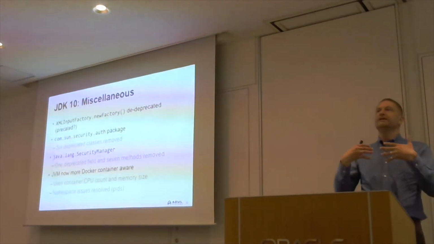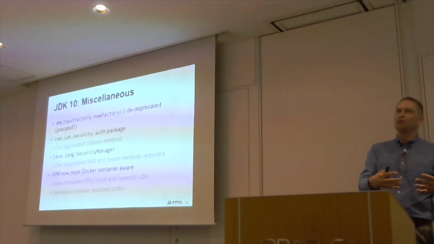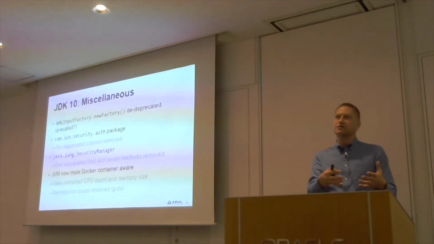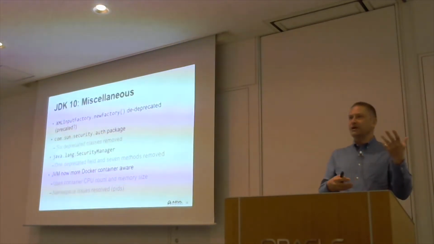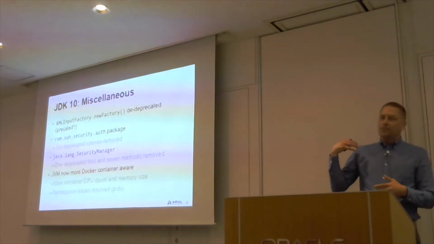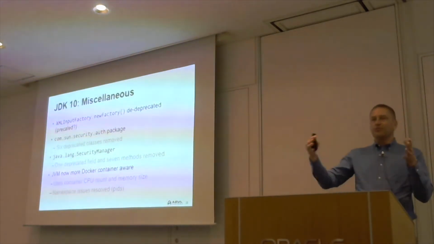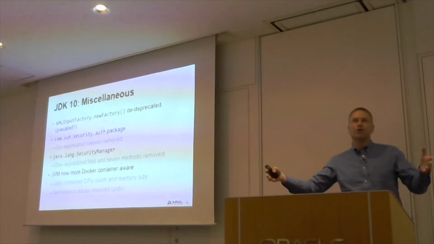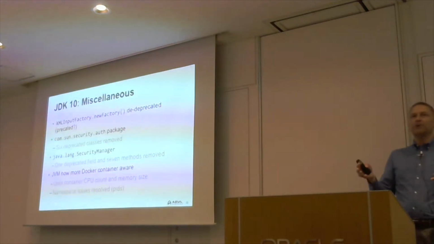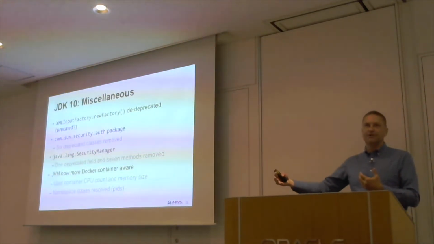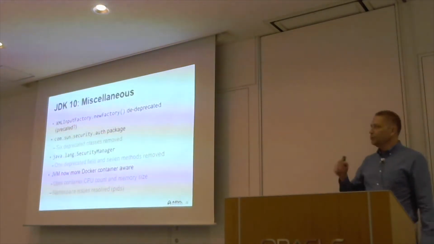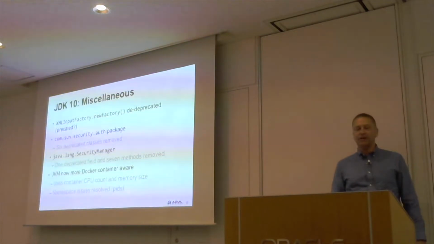But what it did was it looked at the entire machine, not at the cgroup which potentially that JVM was running in. So if you're running it in a container in a cgroup with only 2 cores and a gigabyte of memory, the JVM might have started up and said, oh look, this machine has 12 cores and it has 64 gigabytes of memory, and it would set things accordingly. And that could actually result in your JVM stopping abruptly because it tried to allocate more memory than it had the right to do, and it would just stop. That's all being fixed now, so it's cgroup aware and works quite happily inside a container.